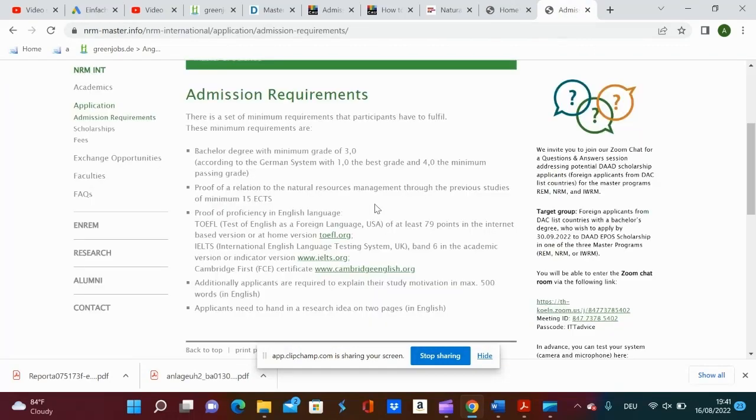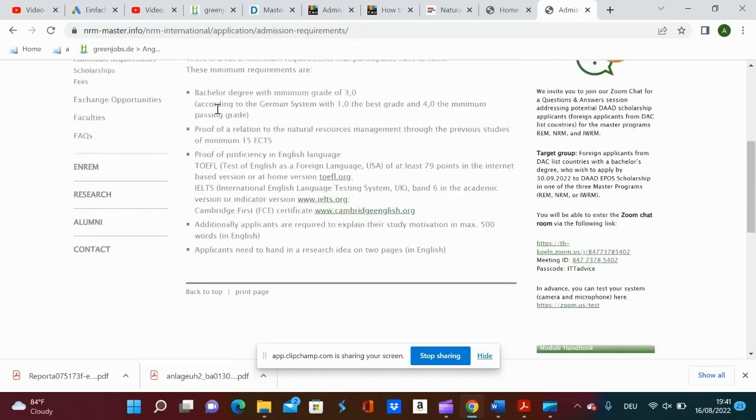These are the admission requirements for natural resource management at TH Cologne. The bachelor degree should have a minimum grade of 3.0. Here they said according to the German system, with 1.0 the best grade and 4.0 the minimum passing grade.